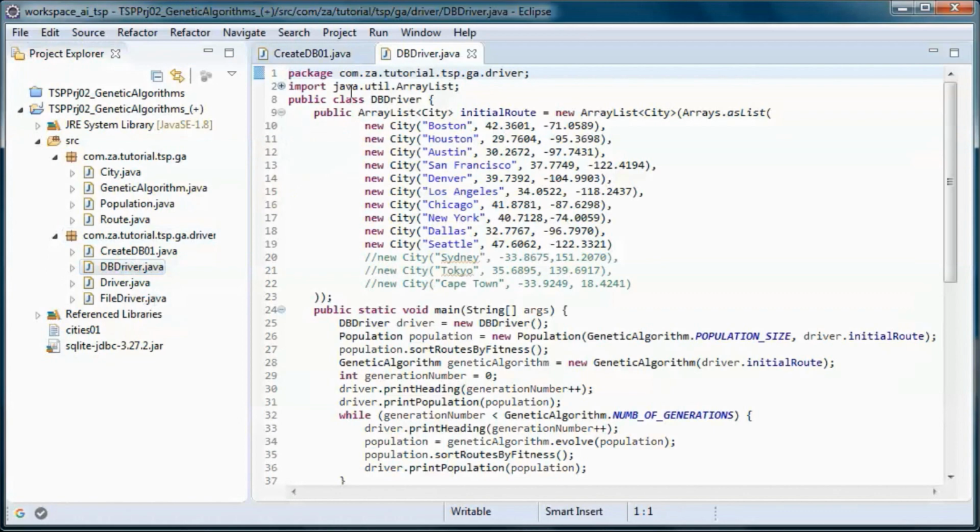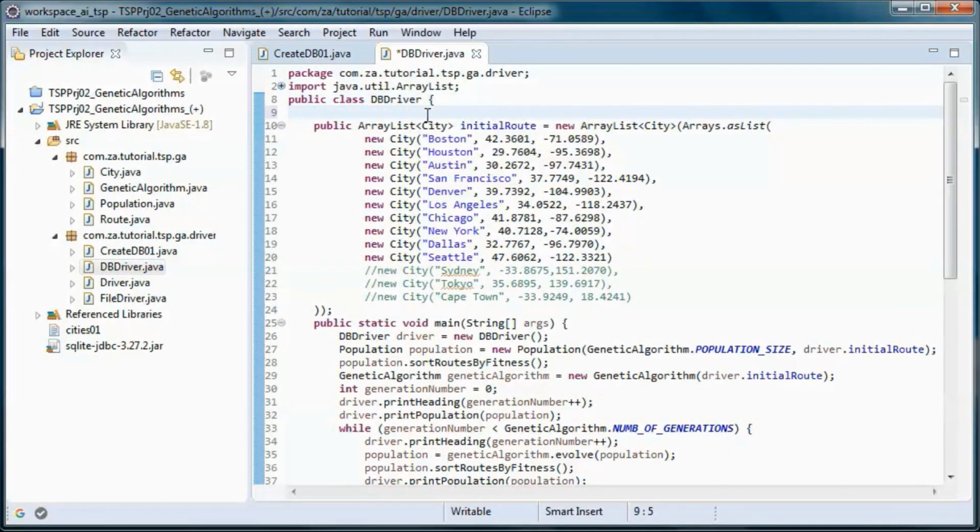And let's define the URL for the database here.